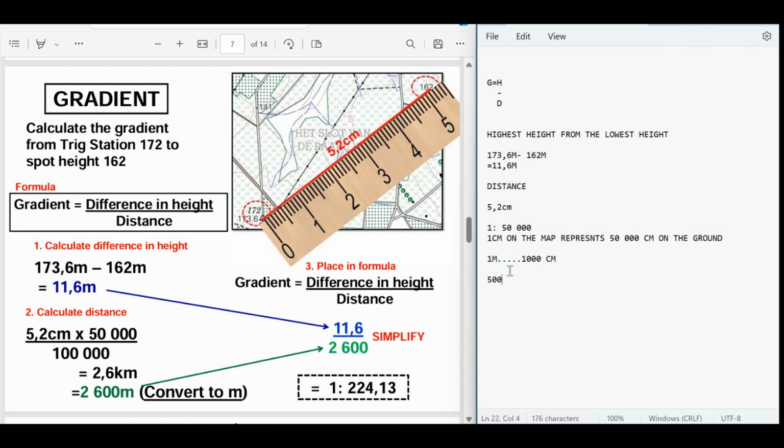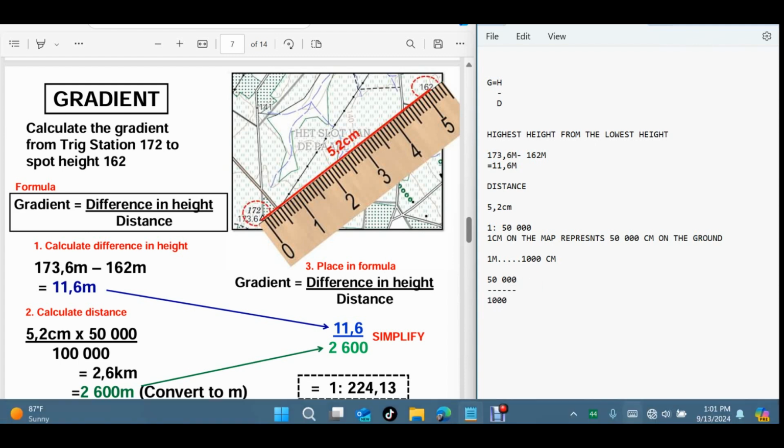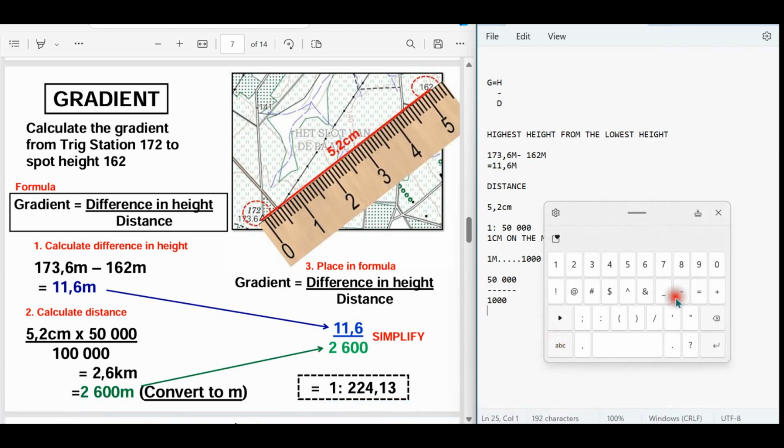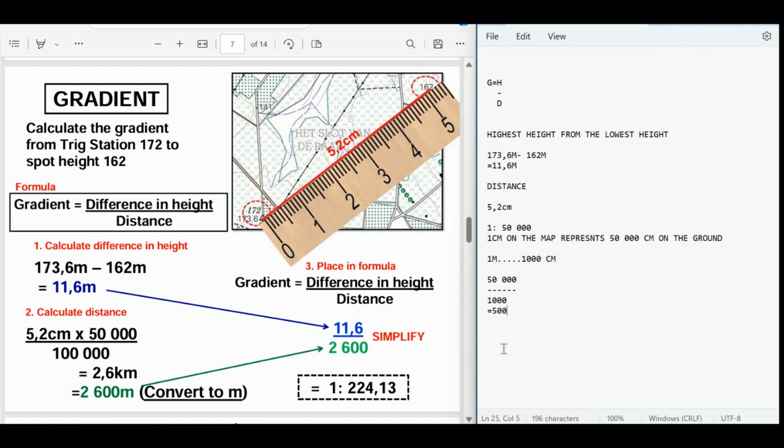We are going to say 50,000 of the scale divided by 1,000, the conversion of the units, since we know that in each and every meter there are 1,000 centimeters, and the answer we are going to get is 500 meters. Now we still ought to multiply by the 5.2 centimeters. Now 500 multiplied by,